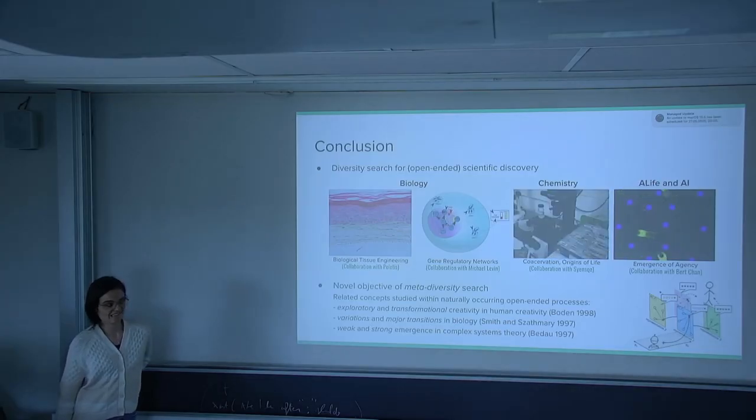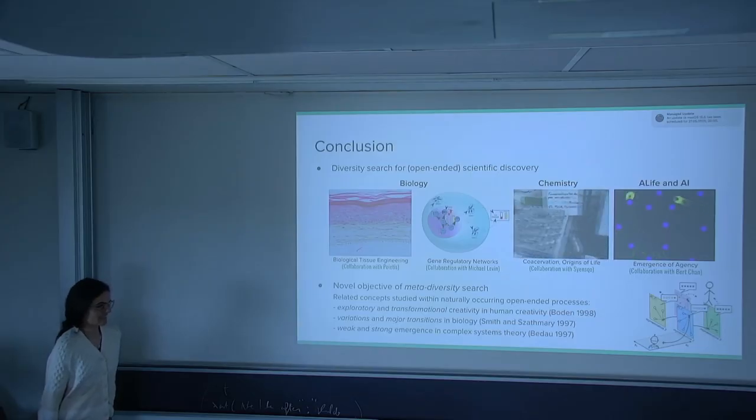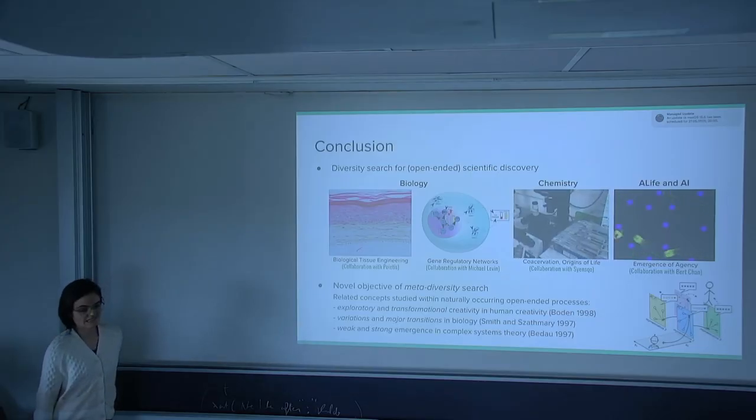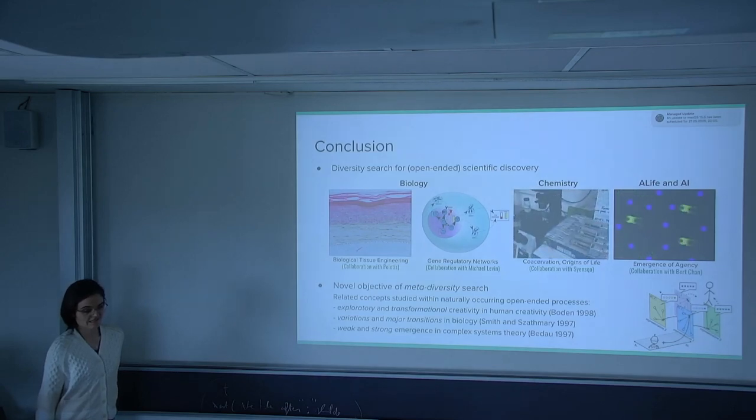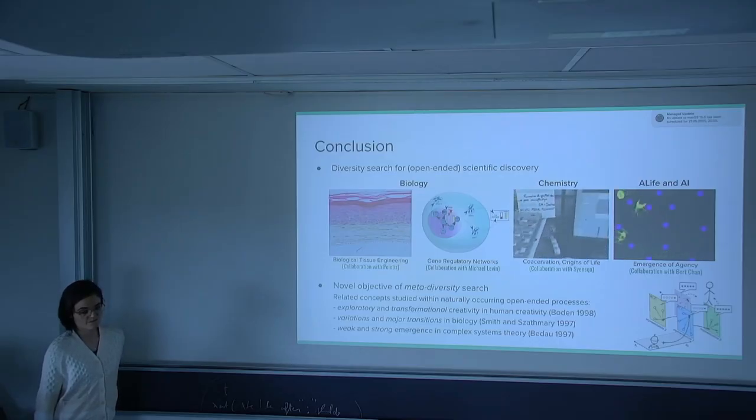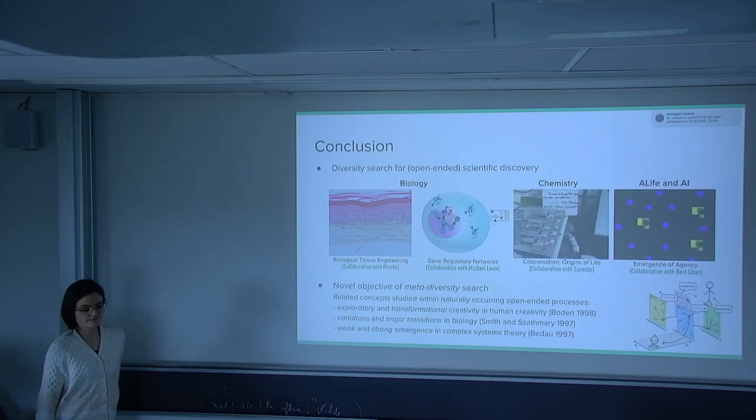I was wondering, so you showed this diversity search, and you also kind of semi-answered my question, but I would like to ask it anyway. If I have a specific goal in mind, let's say I want precisely these creatures, for example, that move from left to right or something, but I also want to have a diverse set of solutions to this problem. So in a way, I want to both maximize a specific goal, but also to get a big diverse set of solutions. So is there a way to adapt this kind of diversity search to this kind of problem?